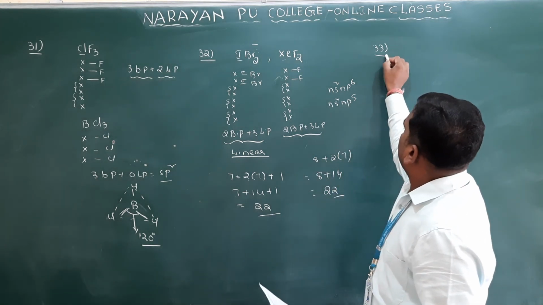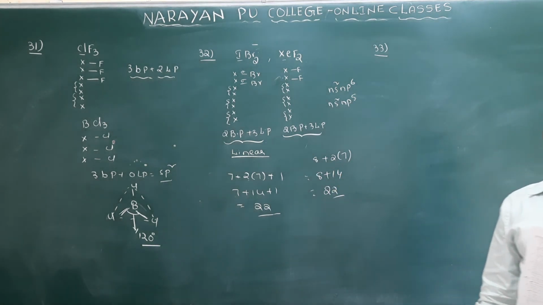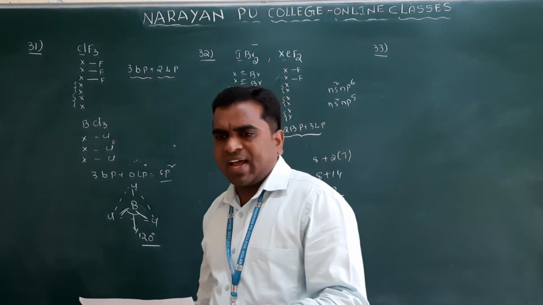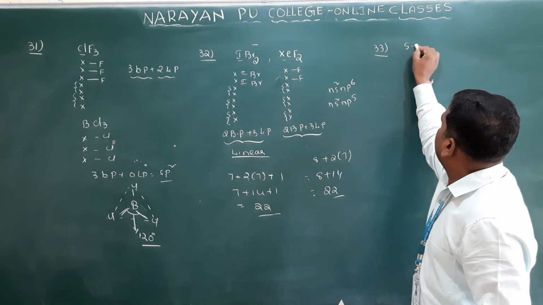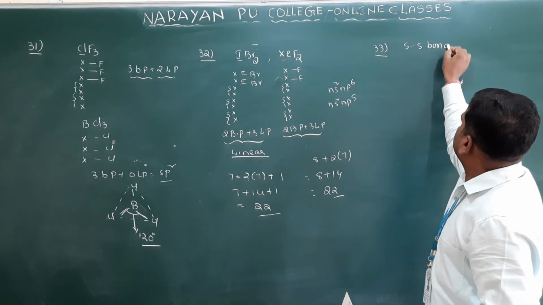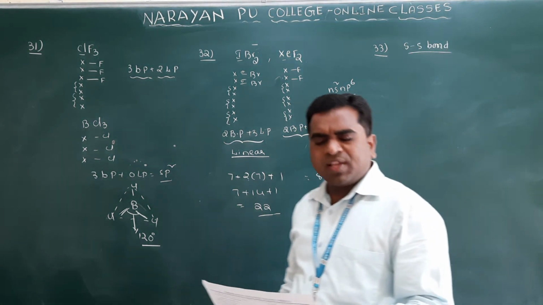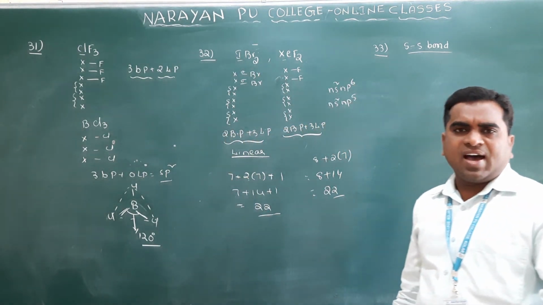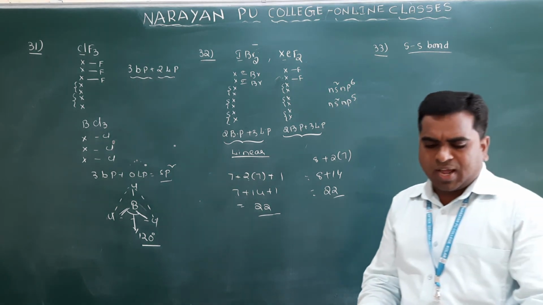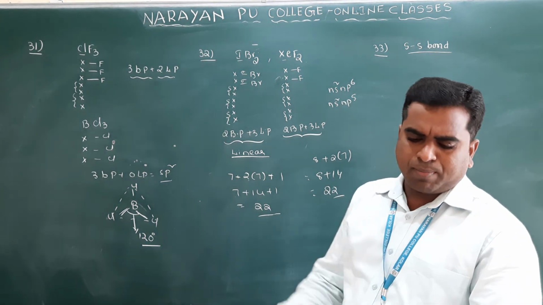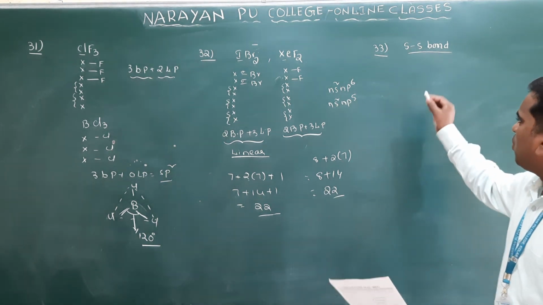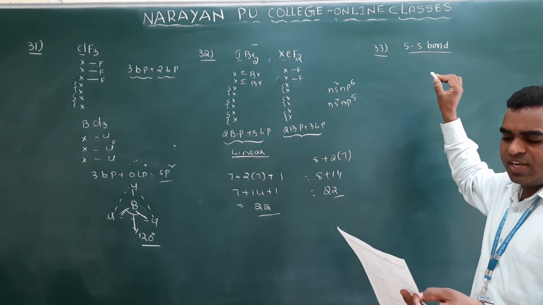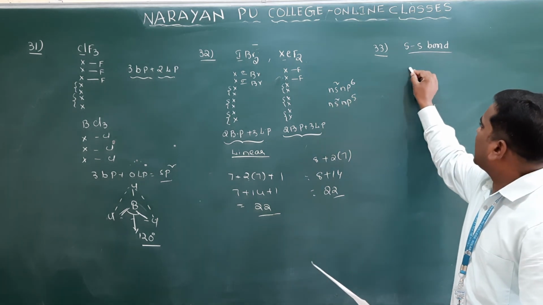Next one. Coming to the 33. In which pair of ions do both the species contain an S-S bond? Which bond here? S-S bond. See, a simple thing here: by seeing this reaction, we can easily identify the answer. No need to spend much time on this question. Why? Because you know, if you see the 4 options, option 1, option 3 and option 4, one is common,